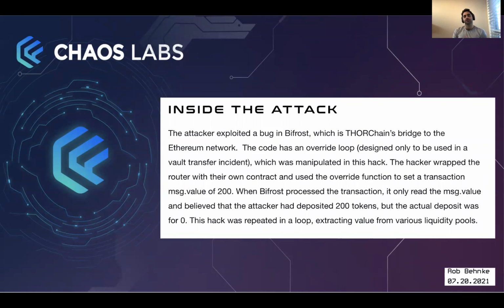So we're looking at these types of bridges, or we're looking specifically at the Thorchain hack. Without going too much into detail, we have these components of the bridge. If we're modeling the architecture, you have two clients which sit on each end of the bridge, and you have the bridge itself, which is responsible for basically passing the messages back and forth.